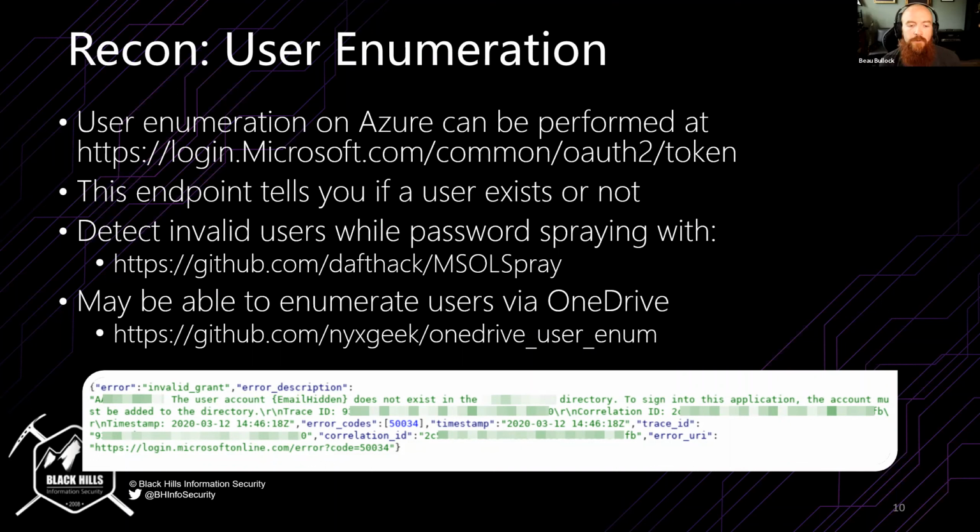So this particular URL, first off, it'll tell you if a username exists or not. Secondly, it will actually describe whether or not MFA is enabled for that user or not, and if it's third-party MFA or if it's Microsoft MFA. So it's very easy for us to go and identify, hey, I have a valid credential. However, there's MFA for this user. And maybe it's Microsoft, maybe it's something else, as well as a number of different conditional access policies as well. So I have a script that I'll show